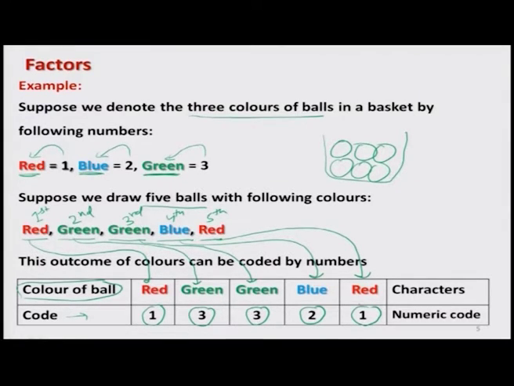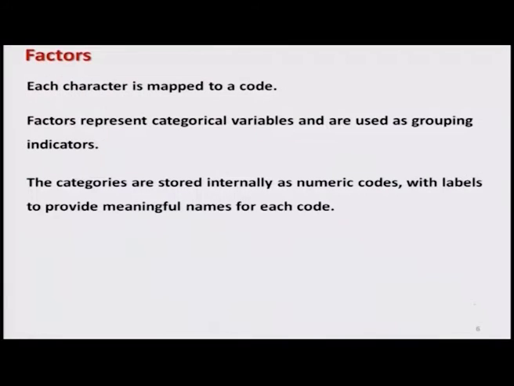So, you can see that with red, green, blue and red, we have defined a string of characters which has some meaning, and then they are mapped to numerical codes 1, 2 and 3. And again, 1, 2, 3 are only indicators. If I compute 1 plus 2 plus 3 divided by 3, this does not have any meaning. So, you can see from this example that each character is mapped to a code,